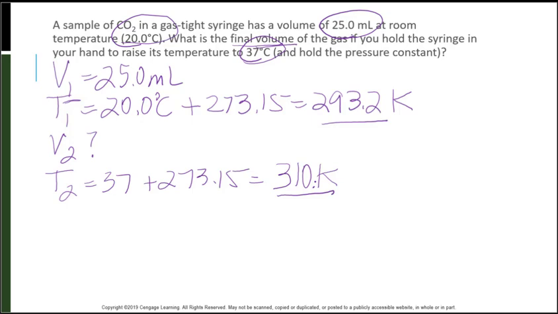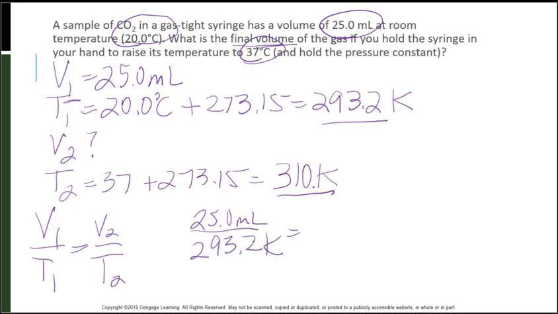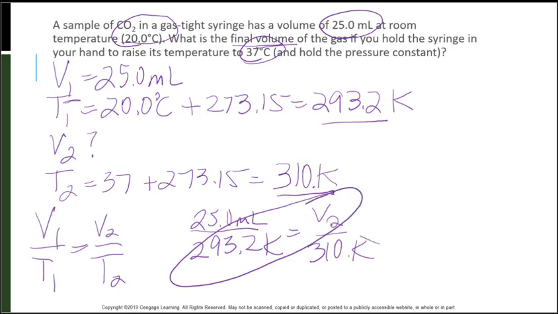Now we're going to set it up. V1 over T1 equals V2 over T2. I know my V1 is 25.0 milliliters. My T1, 293.2 Kelvin. My V2 is question mark. My T2 is 310. Now I don't know about you, I don't love working with fractions. I like linear problems. So to solve this, I'm going to cross multiply and set it equal to that cross multiplied. So I'm going to rewrite this and say